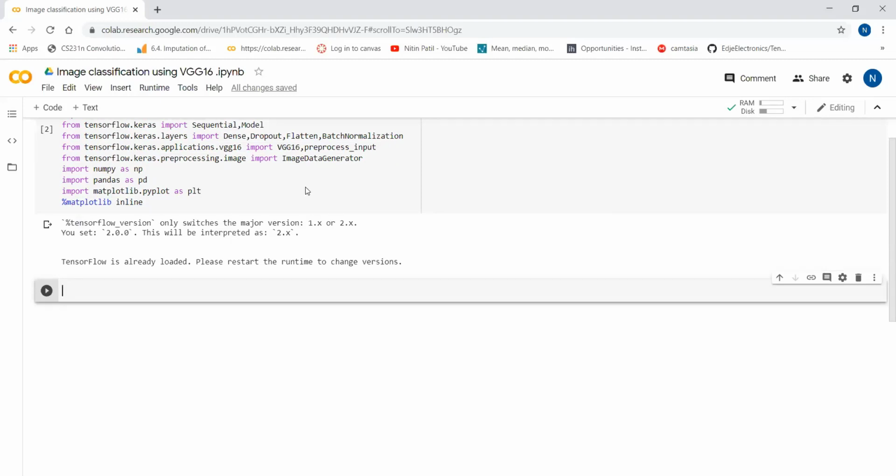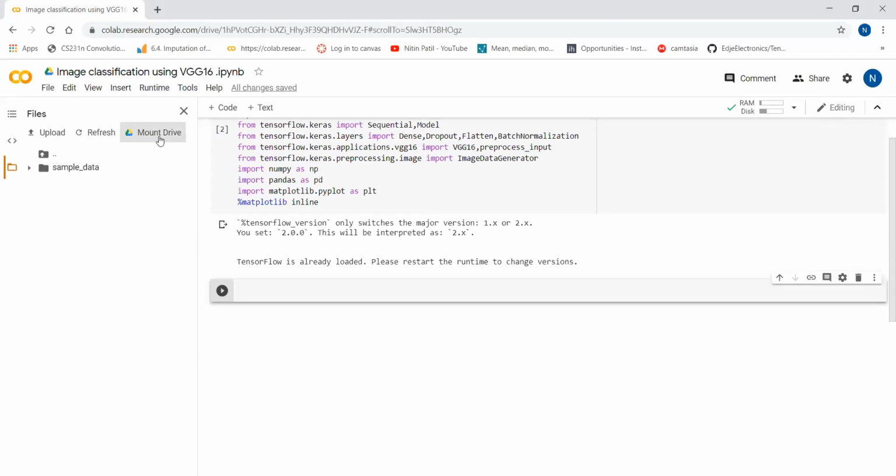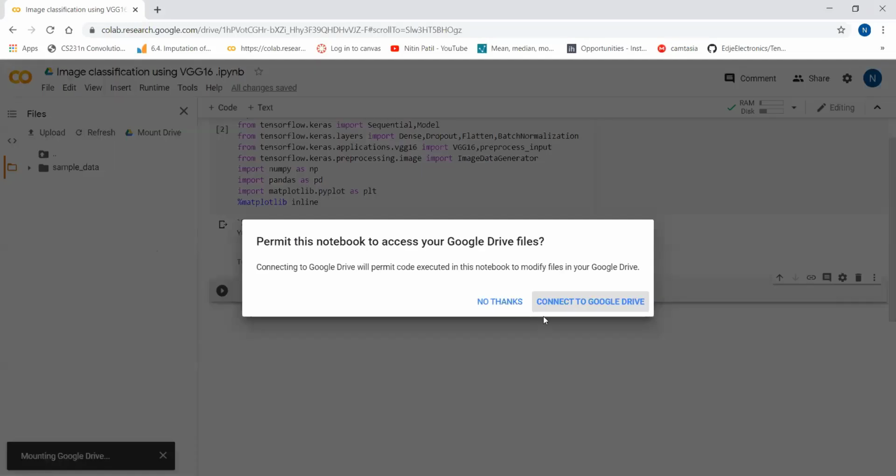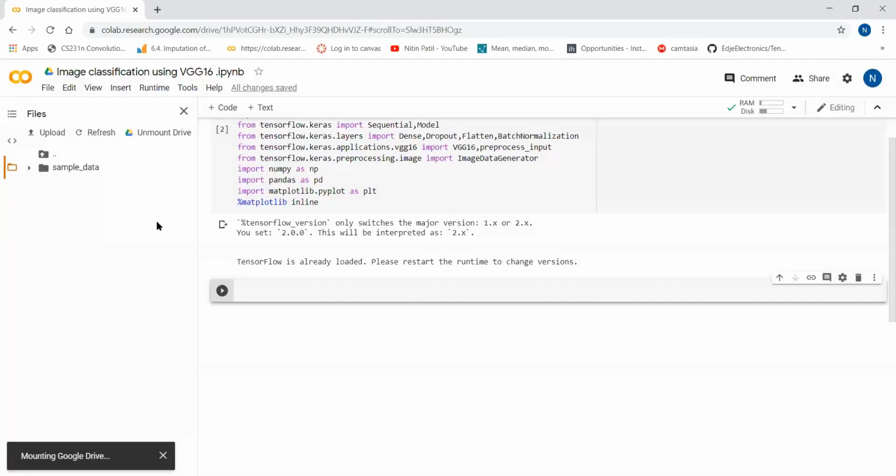So firstly we will get the input data set. For that, I have shown you in the last videos, you have to mount the drive. The drive is going to be mounted, just wait for a minute. Okay, drive is there.